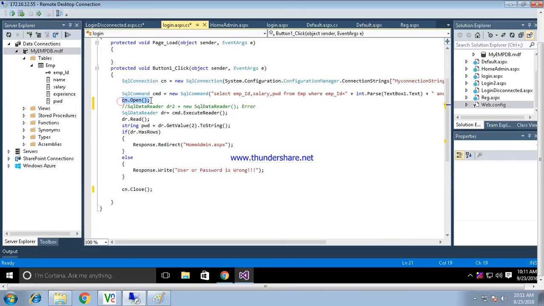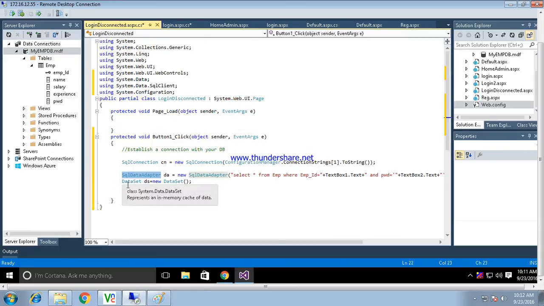There the connection must remain open and it must be closed. In this case, there is no need to open and close the connection because it is a disconnected architecture. We have copied our set of data from the database to the data set. Now I can individually process this data set.